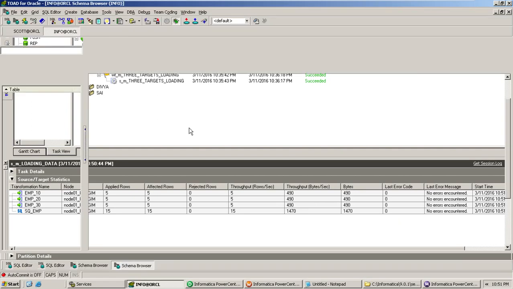Let's compare. This is the source, this is the table. Just refresh it so that we can see the order. 7532 Sai is the first record, so this record should go into EMP10. Correct? Let's see, it is going in EMP10, right? Yes. 7532 Sai. Fine. Which is the second record? 7839 should be present in EMP20.